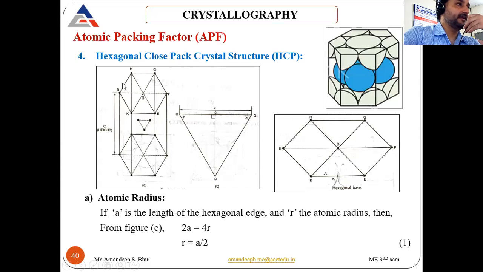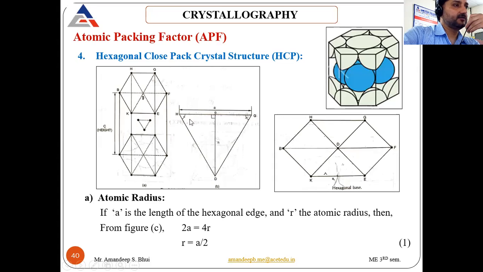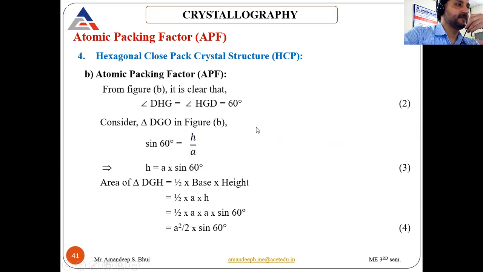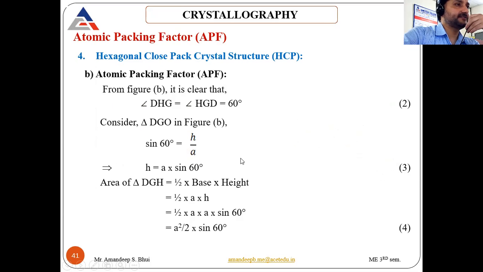If we can calculate the area of this base, then we will multiply this area with the height and we will get the volume of this hexagonal unit cell. For that, because this triangle is an equilateral triangle, all its angles will be equal to 60 degrees. So the angles DHO and OGD will be equal to 60 degrees. So angle DHG, that is this angle here, equals angle HGD,